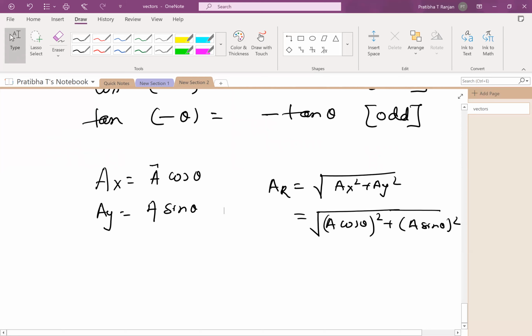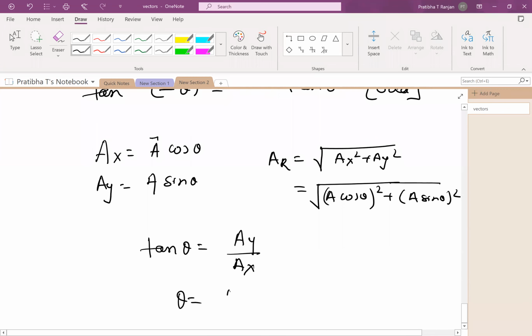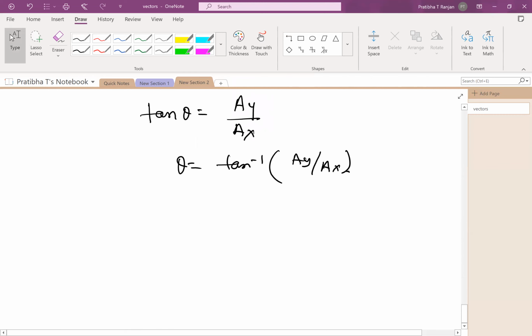Restart your tablet. Okay, and here your tan theta will be simply AY over AX, and we can find theta by using tan inverse of AY over AX, right? So this is for single vectors when they are in component form. I told you about all the components, right? So here, suppose we have a vector like this,